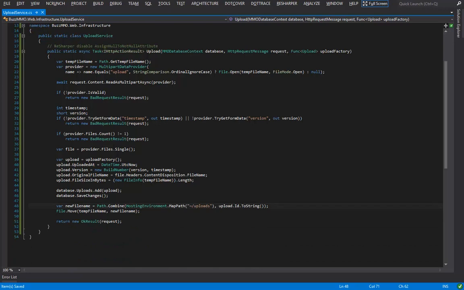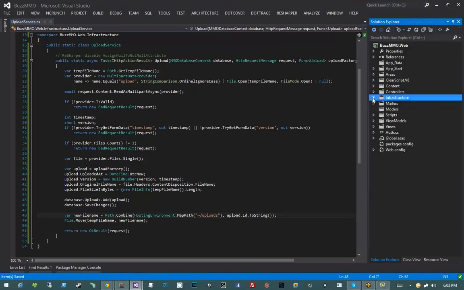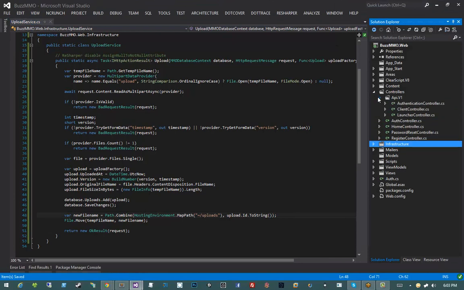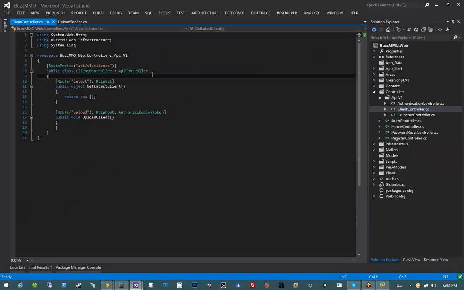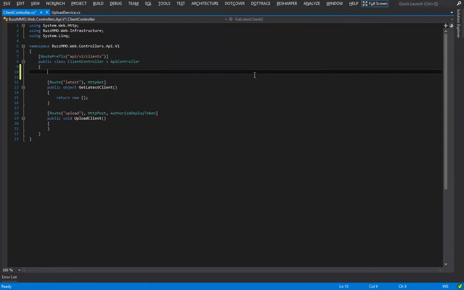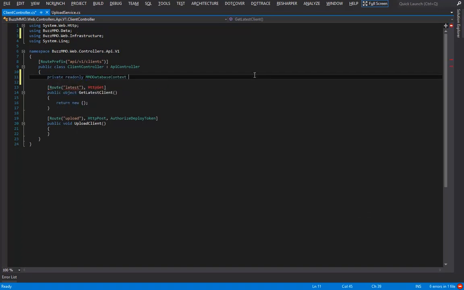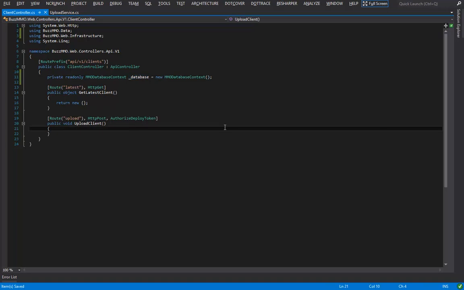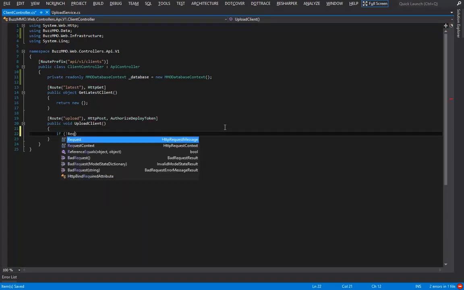I'm going to jump into our client API. So I'm going to go to controllers, API v1, client controller. And at the top, because we know we'll be needing a database, I'm going to say private read-only MMO database context database equals new database. And then on upload client, I'm going to do a couple things. I'm first going to say if not